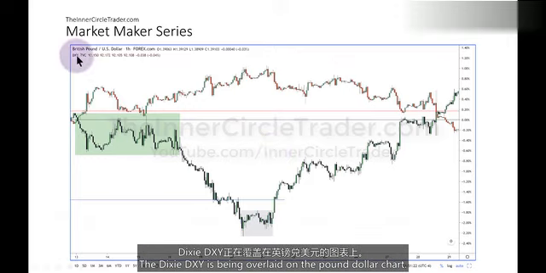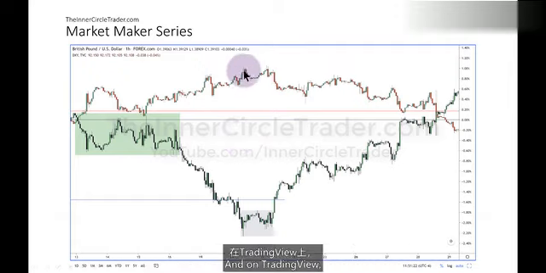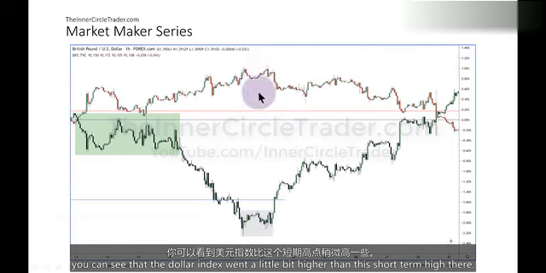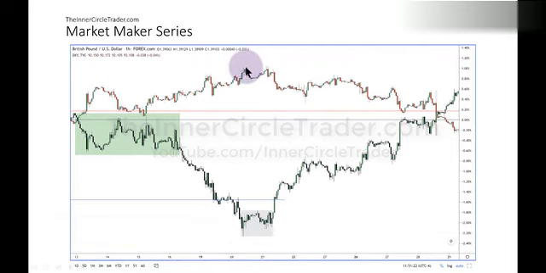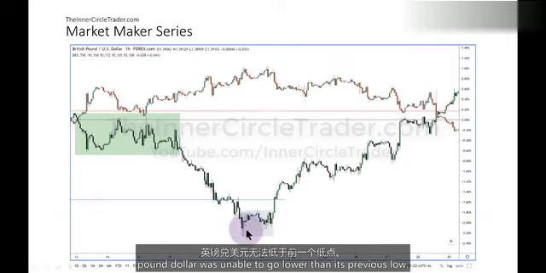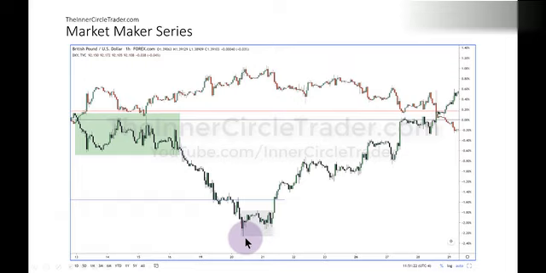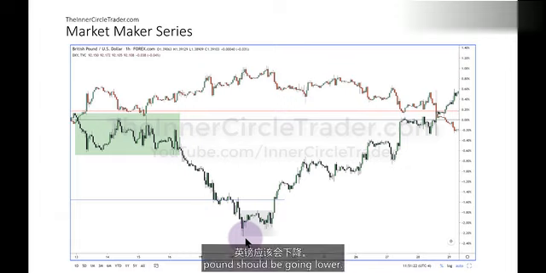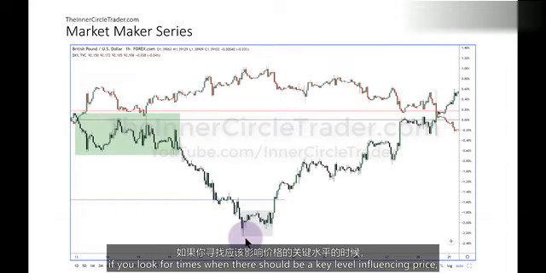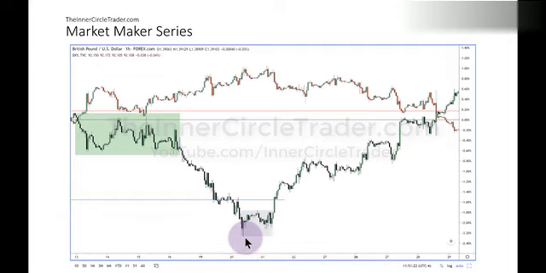The Dixie, DXY, is being overlaid on the pound dollar chart. And on TradingView, you can see that the dollar index went a little bit higher than this short-term high there. At the same time, pound dollar was unable to go lower than its previous low. Now think, if the dollar is going higher, pound should be going lower. But if pound is going higher, dollar should be going lower, vice versa. But if you look for times when there should be a key level influencing price, this is when you go